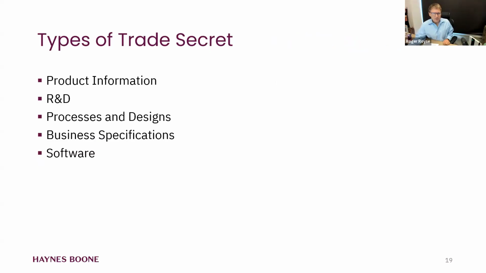We talked about this already: types of trade secret, product information, processes, specs. A customer list can be a trade secret, because I see salespeople move from company to company and they take their Rolodex with them. Well, big question, who did that Rolodex belong to? Because if it's got customer specs and phone numbers and addresses and the contact person, it kind of meets all my requirements, doesn't it? It's secret, it's valuable, you're protecting it. So that's something we fight over oftentimes. And that's a non-technical trade secret. These days, data is oftentimes argued about under trade secret law.